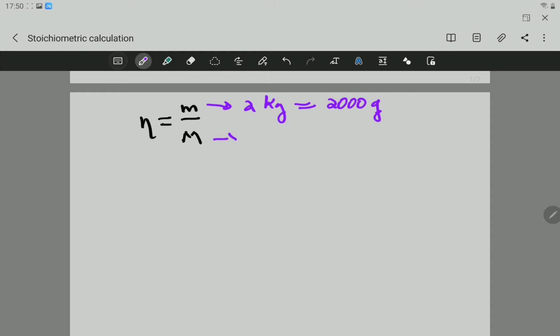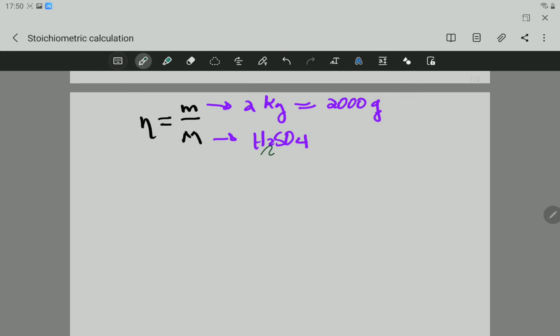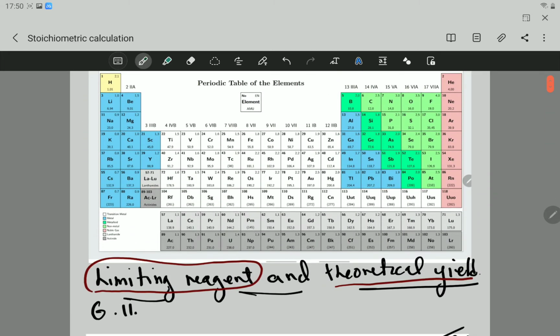And now the molar mass of sulfuric acid, H2SO4. To get the molar mass of sulfuric acid, we have to get the relative atomic mass of each of the elements that form it. So for example, we have 2 hydrogen, 1 sulfur, and 4 oxygen. So this will be 2 times the mass of hydrogen. Let's go to the periodic table, which I have here. Hydrogen is